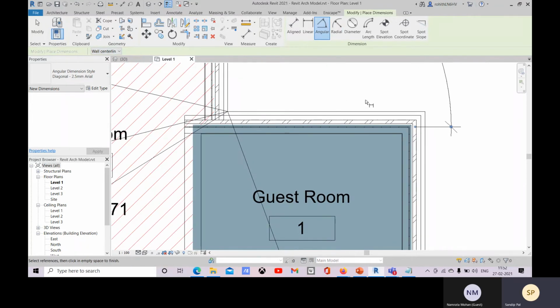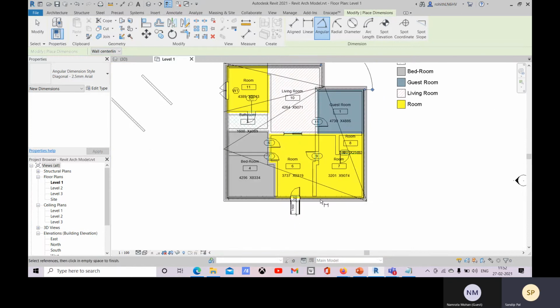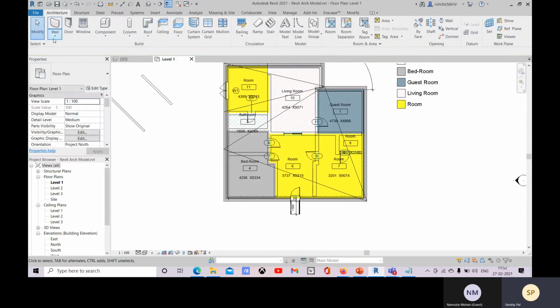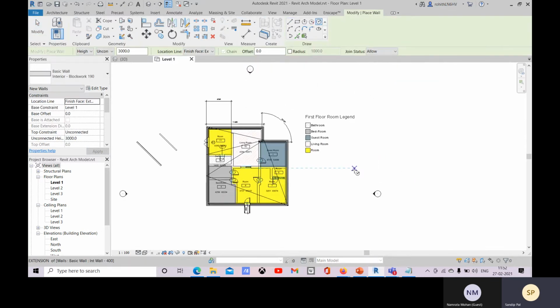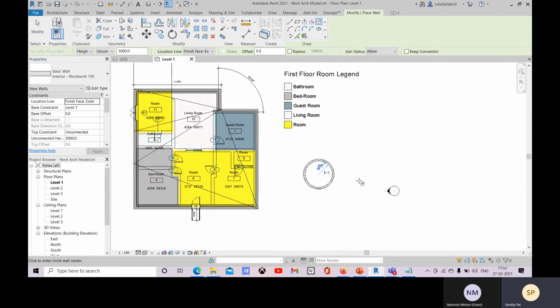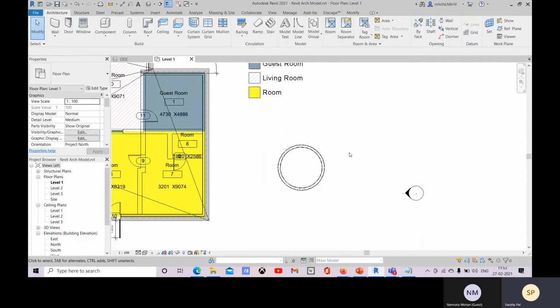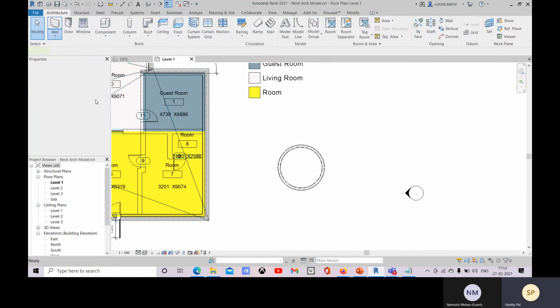And now about radial. Here we don't have any radial, so we can create some wall or some objects. Let me place one curtain wall over there.